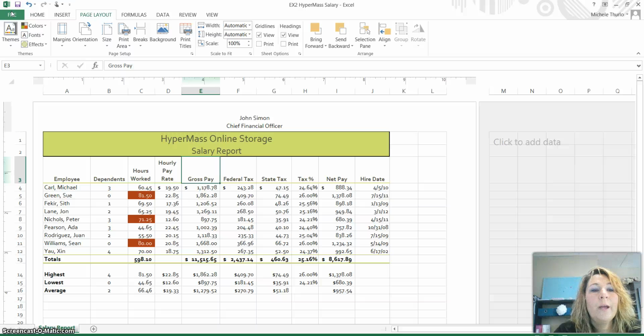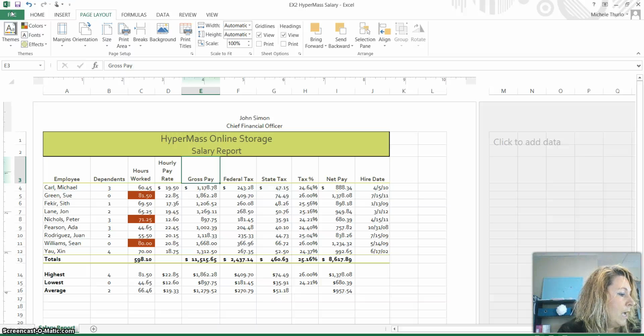Sometimes you just want to print part of your spreadsheet. You don't necessarily need the whole thing. For example, whenever I did my grade book, I might only need all my students' names and their final grades so that I could enter that into their permanent records. So on this one, we're going to save paper because we only want to print a portion of the worksheet,